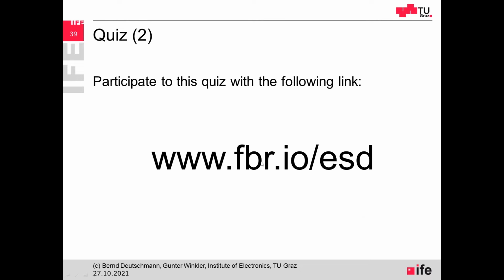And if you want, then please participate in this quiz. So number 1 is the resistor. Number 2, you can vote for the TBS diode. Number 3, you can vote for the chip varistor. Number 4 for the chip bead ferrite. And number 5 was this LC low pass filter circuitry.